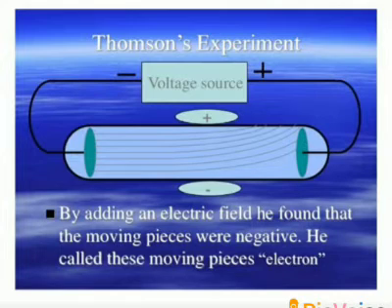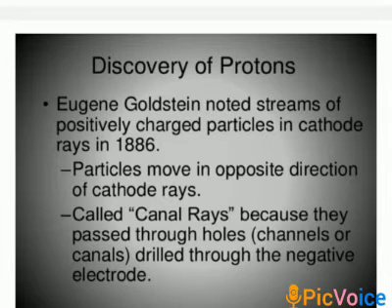The electrons are located outside the nucleus in an atom. Only the hydrogen atom contains one electron and all other atoms contain more than one electron. An electron is usually represented by the symbol small e minus. Small e for electron and minus sign for negative charge. Clear? Come to the next topic, that is discovery of proton.